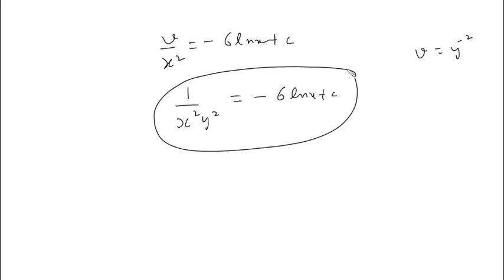Otherwise what you can do is keep y on the other side, you get the value of y square, then you take the square root, plus minus. So you can express it in the explicit form also. That depends upon how you want to proceed, if you want to do something further with the solution. It's always better to express in y is equal to f of x form. Otherwise, you can leave it in this form also. This is an expression which represents the general solution of our equation, right? One more example of this Bernoulli's type we are going to do, and then we'll move to the next topic. So write down the next example.